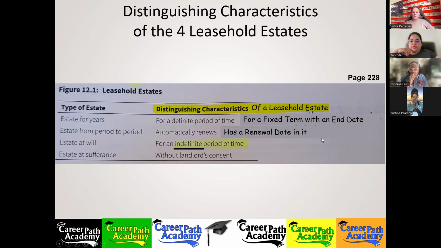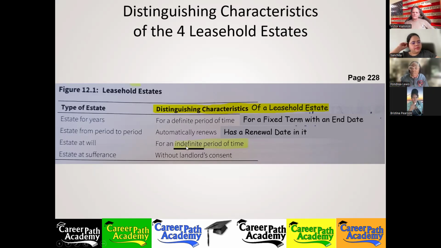Okay. Now, how much notice do they need to give the landlord? It depends on the term of the lease. Week to week, 1 week's notice. Month to month, 1 month's notice. If it's for a period of years, 3 months' notice is needed. Otherwise, it'll automatically renew for the same amount of time that the lease was originally written for.